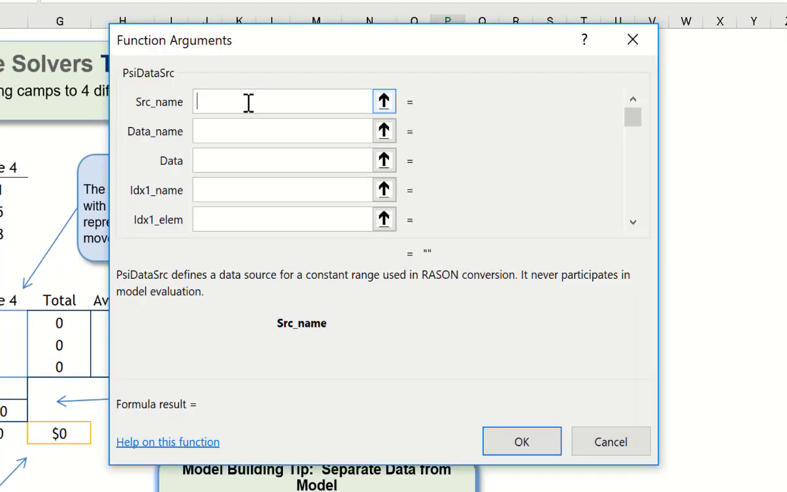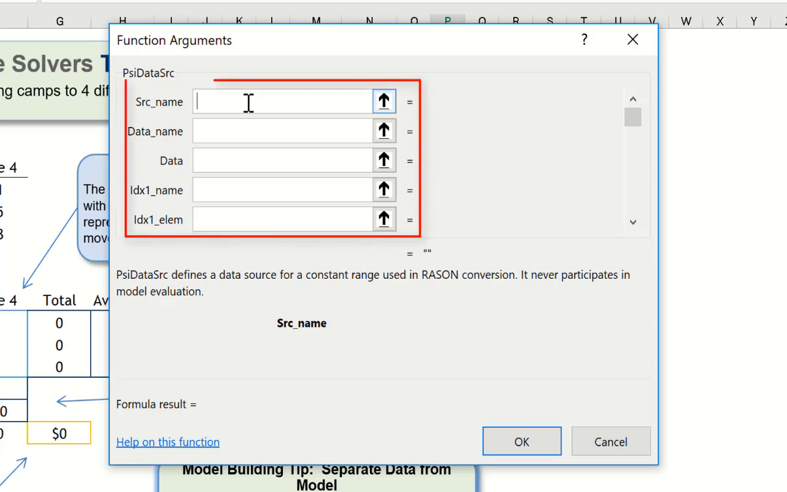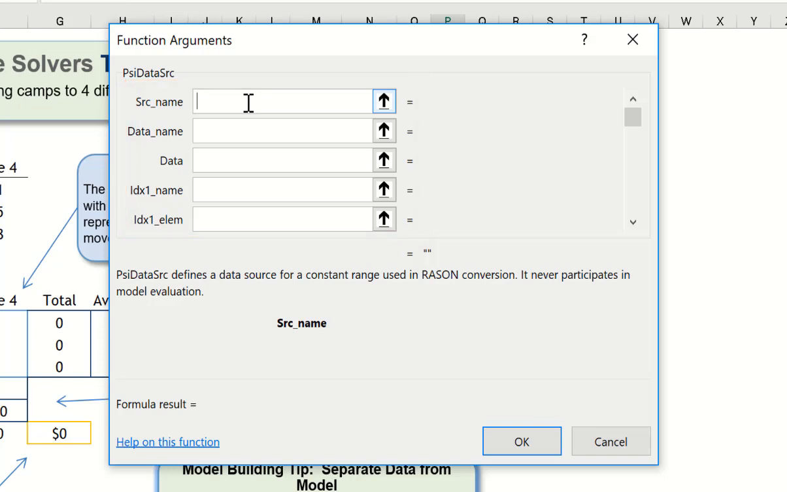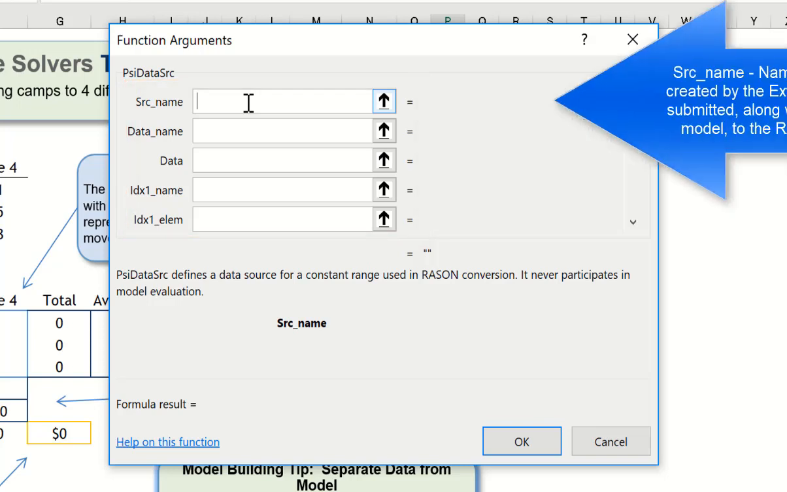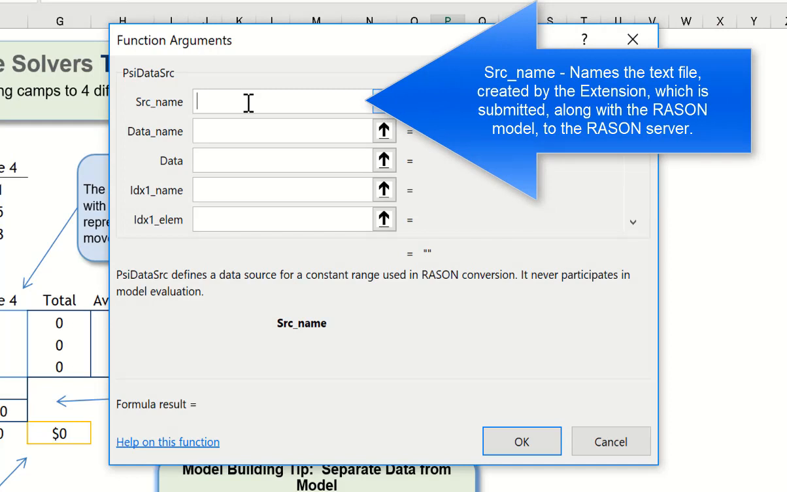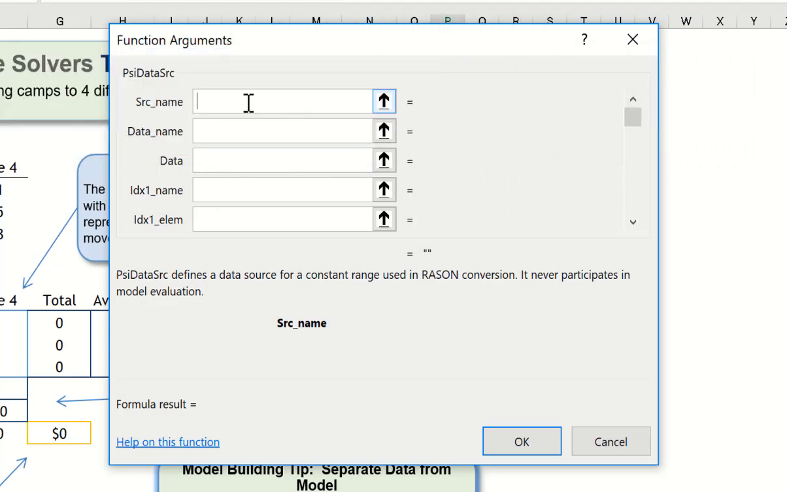The Function Arguments dialog opens displaying 5 arguments: SRC name, data name, data, IDX1 name, and IDX1 element. The first argument, SRC name, names the text file created by the extension, which is submitted along with the RACON model to the RACON server. For this example, I'm going to type available